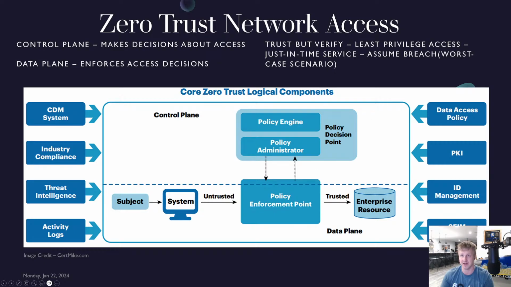So it's a lot of integrations between different devices and different tools, but essentially comes down to trust but verify. So this least privilege access, essentially you can trust that they are who they say they are, but every single time you try to access something, it's going to verify it. And it's going to say, okay, are you in fact who you say you are? Do you actually have permission to access this? And it's like operating like you think that you've been breached 100% of the time. So everything is just in time. It's just at the last second to give you access to it. So you're not just permitted access 24/7